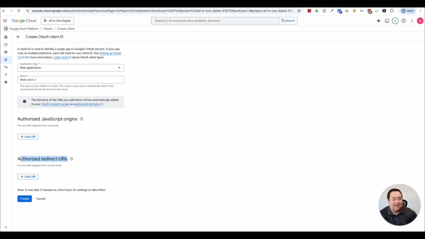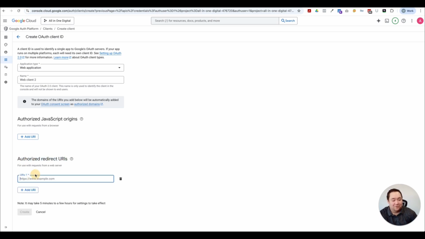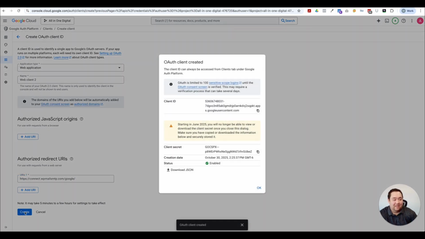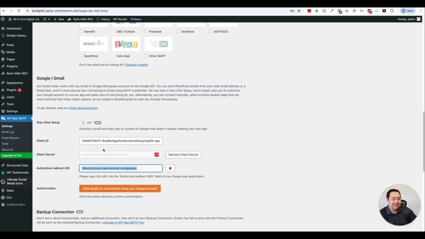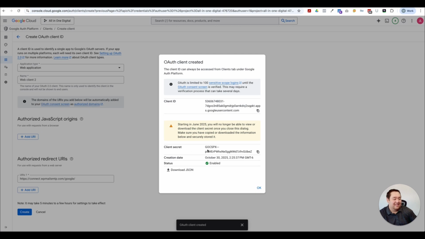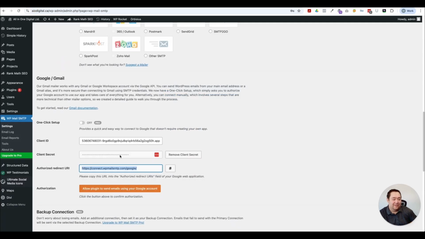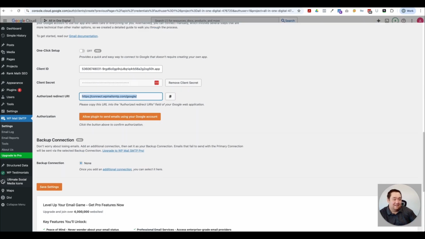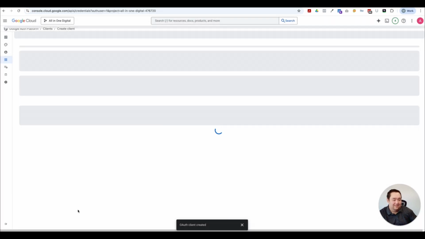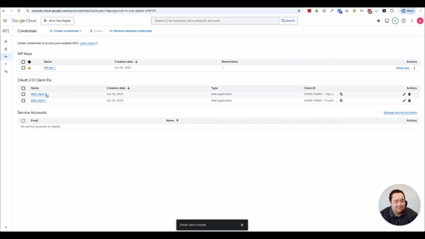So come back here, under authorized redirect URLs, I'm going to add that URL in, and then I'm going to hit create. Now, once I hit create, it's going to give me the client ID, which I'm going to copy and paste into here, and then the client secret right into here, okay? Then you're going to hit save settings. Now that that's done, you're going to have that web client, right? This is the old one, I still have it here. But then the last thing you're going to need to do is just make sure that your app is published,